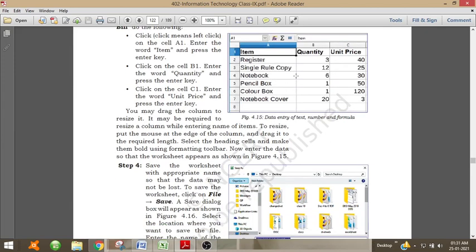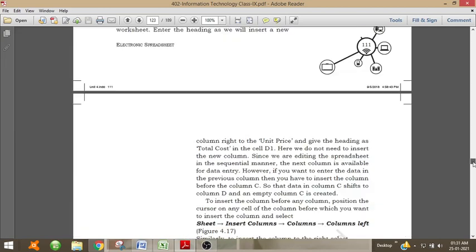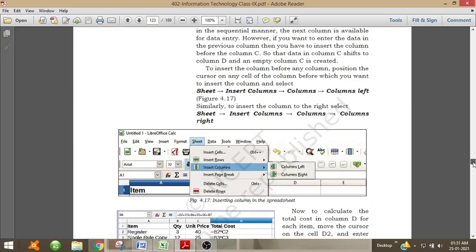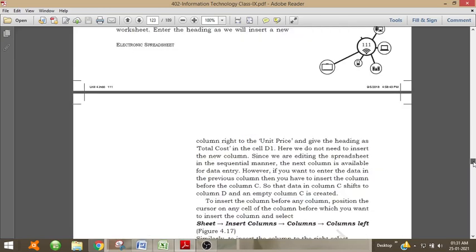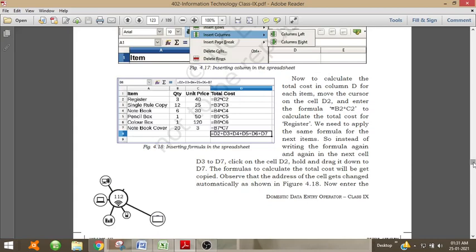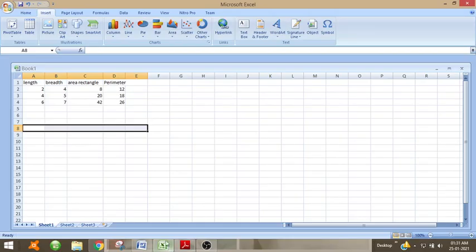You can create a spreadsheet like this and find out the total amount like this.